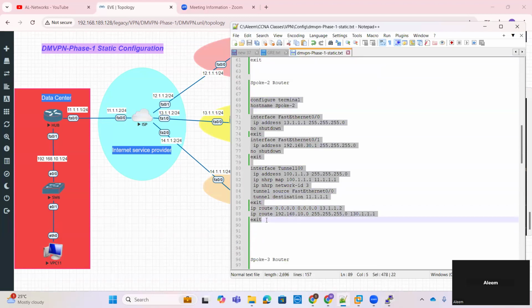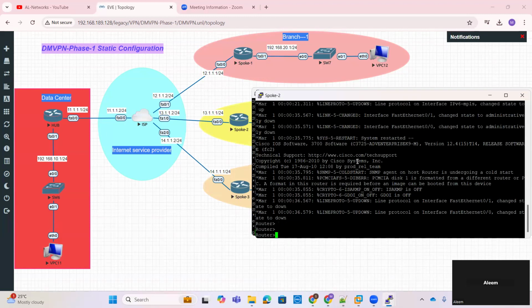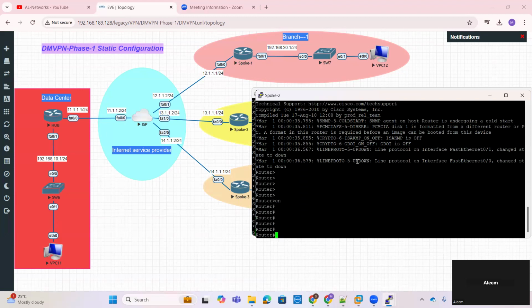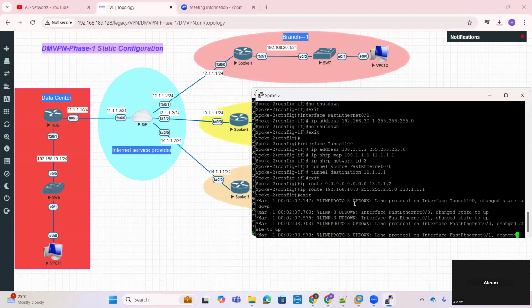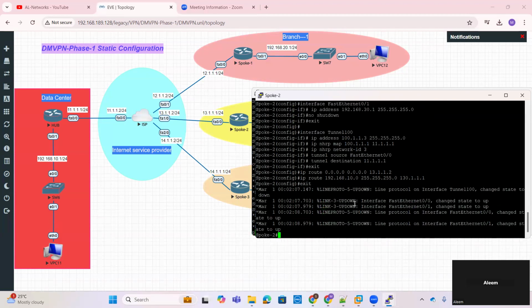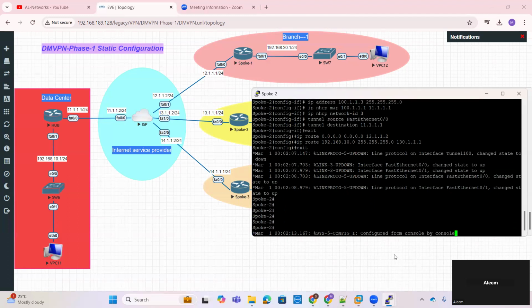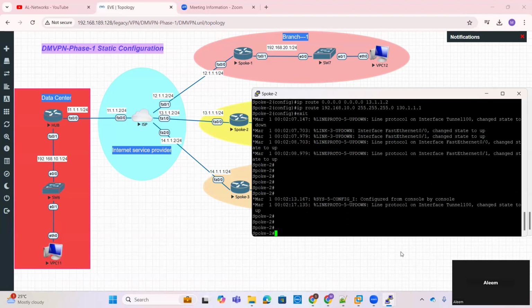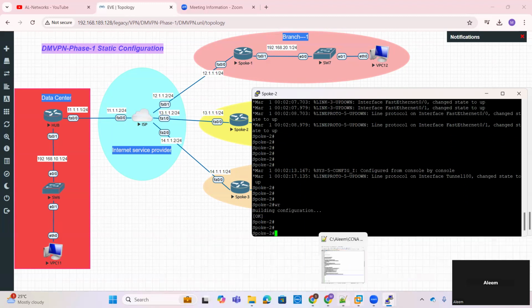Don't worry, I'll provide you this entire configuration in the description. If you want the same topology, just comment and I'll reach out. Done. Spoke location also. Then check here, the host name also changed. And then you can use the write command. Then we'll move to